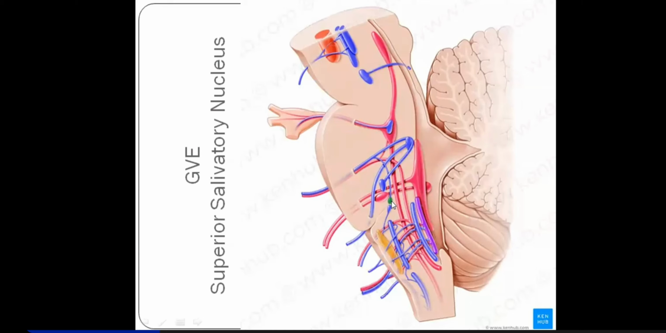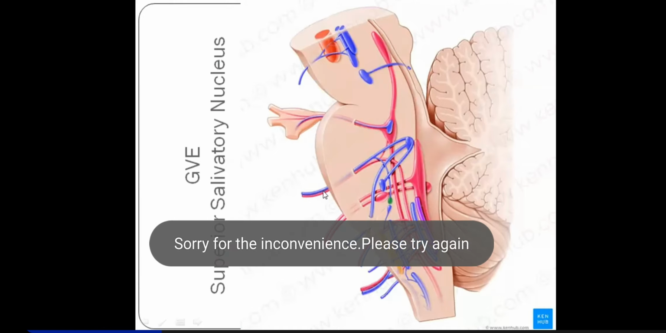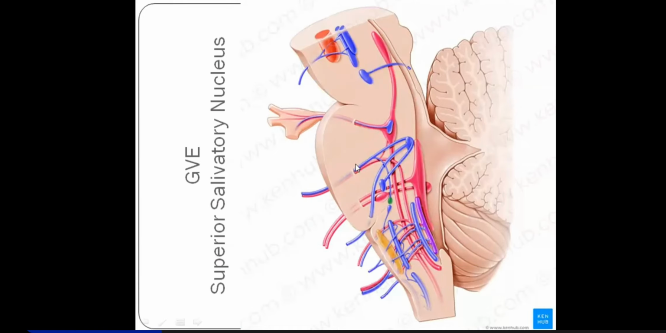So fibers from this superior lacrimatory nucleus will pass out and join the facial nerve and come out along with it. You can see the red colored nerve arising along with the facial nerve, but it is lateral to the facial nerve, and that's nervus intermedius, the sensory